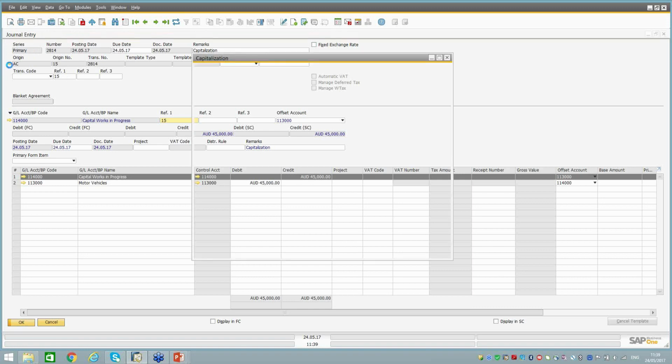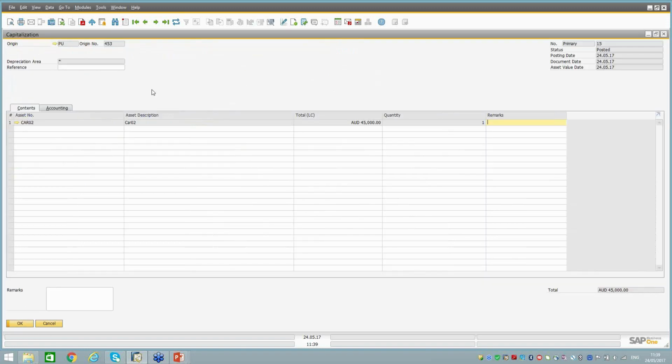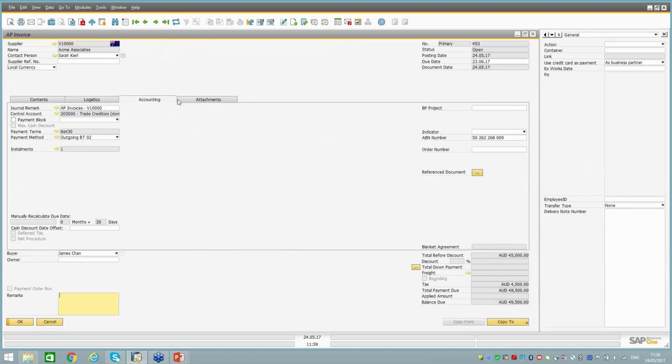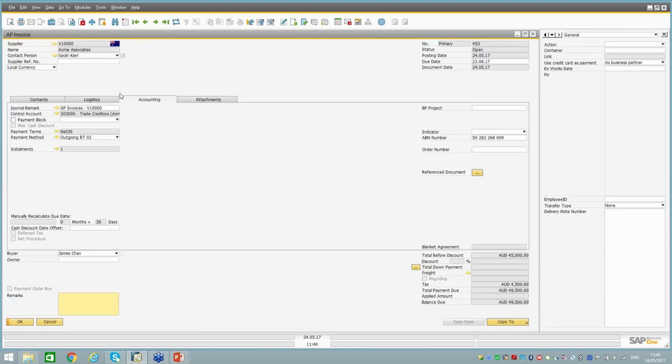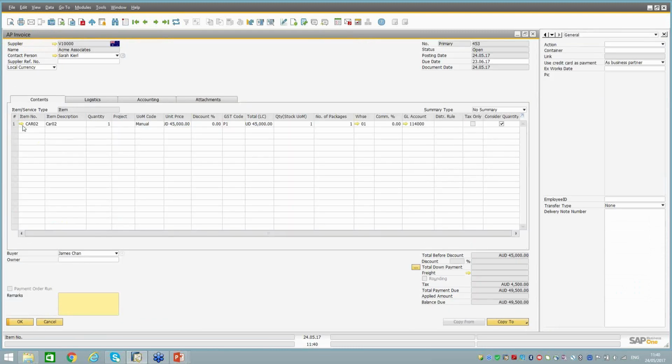And I can go in and look at this transaction that was automatically created in the back end. I think if you also did the relationship map, you could also see that the AP transaction has a link to the capitalization transaction. So now if I go back into the asset,